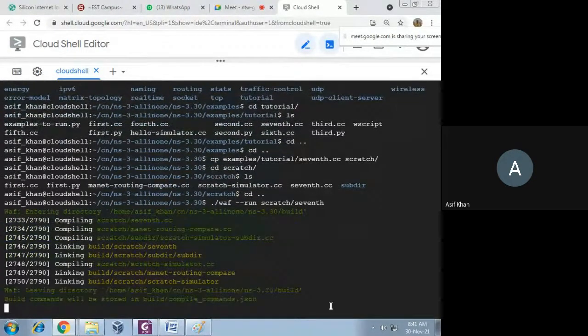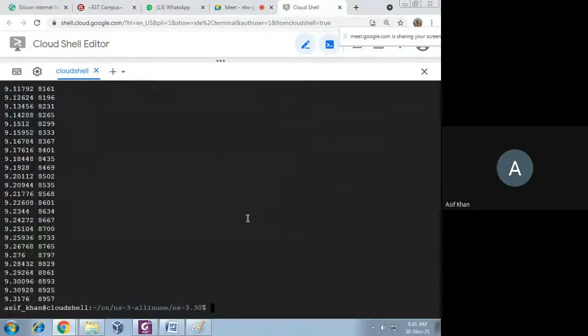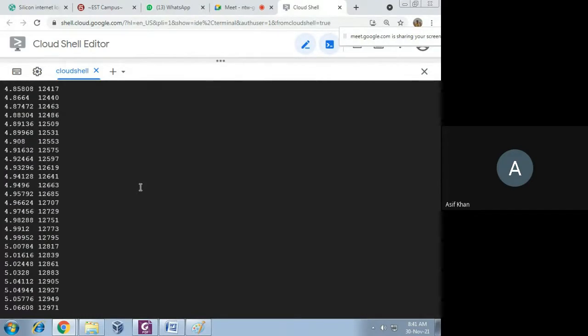See, it is running. This program executed successfully and this data is generated. In a network simulator you can simulate your protocol, and then you can test the performance of the protocol. When you execute your protocol, you can generate some data for different parameters, and then you can test your protocol.